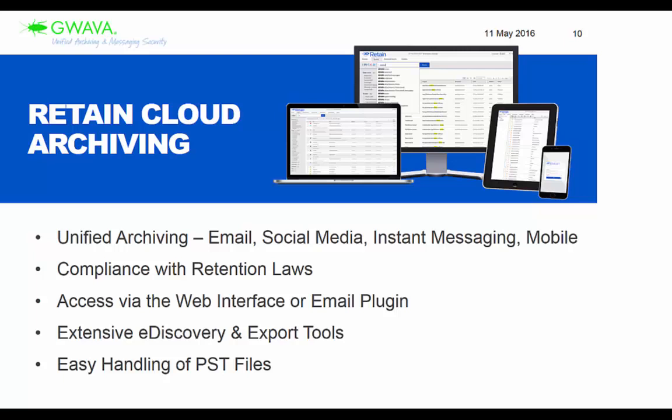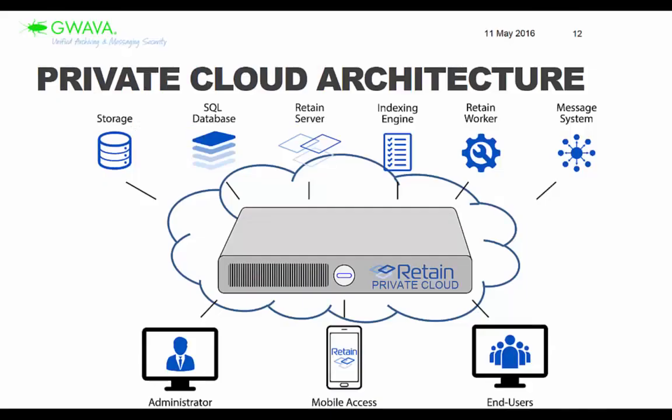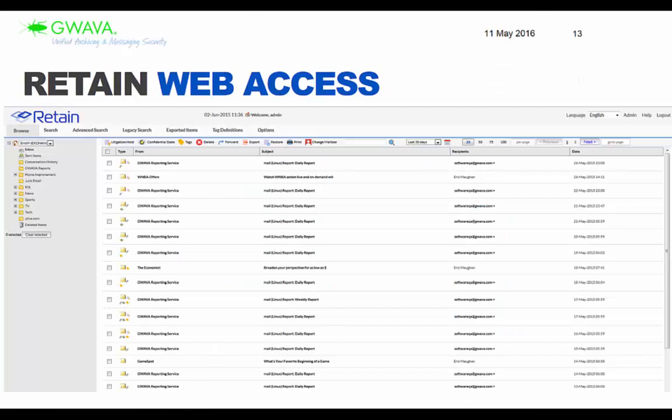So the big thing with Retain and eDiscovery is there are those built-in tools that Retain has to be able to place litigation holds, legal holds, be able to tag messages and redact. Let me show you just from this view here. There's some of the eDiscovery tools there to be able to place litigation holds, be able to tag, and these message tags can be confidential or public, whatever, but you can place tags on messages, and then that makes a search when you go back that much easier.